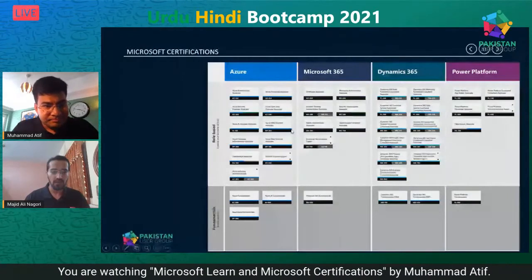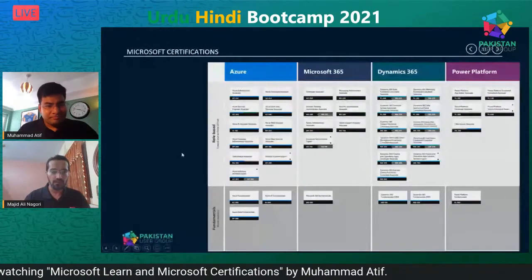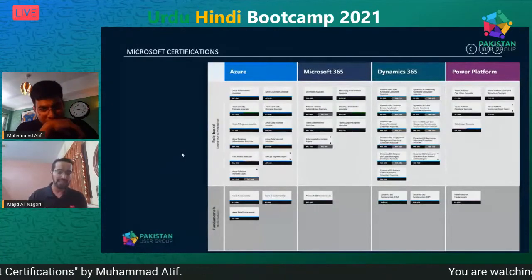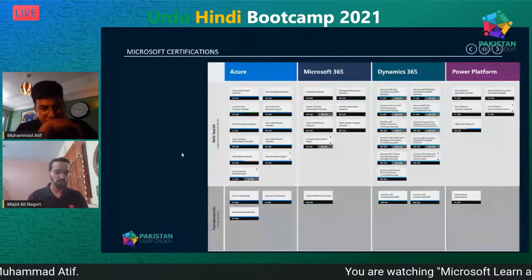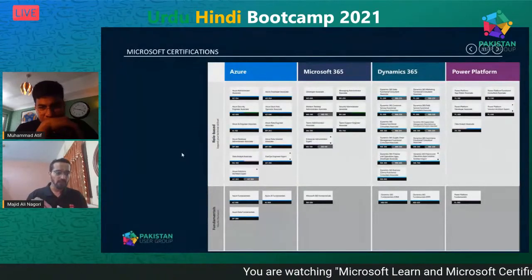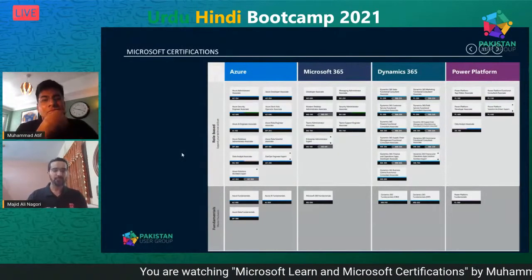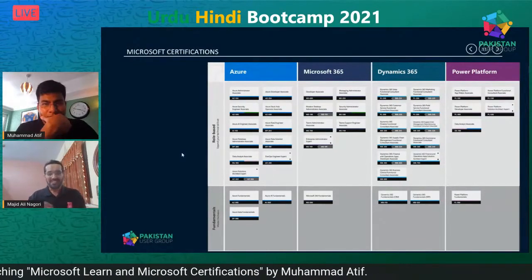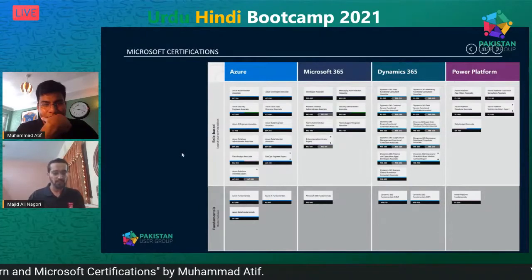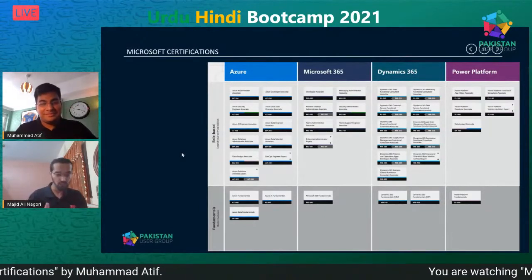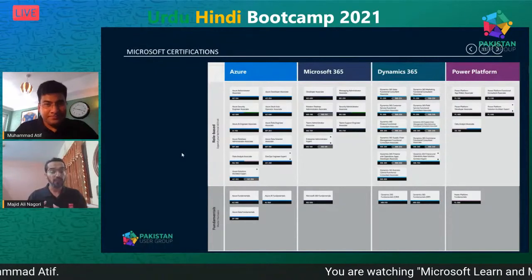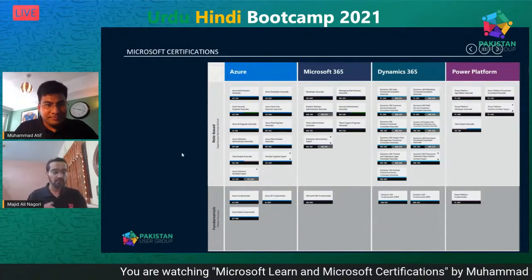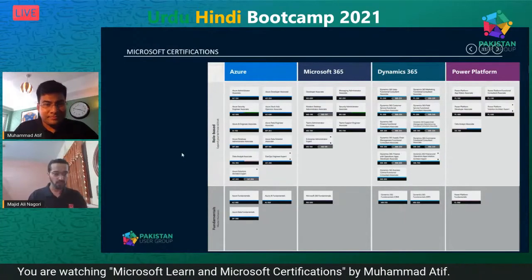But this is how there are certain levels that Microsoft has: MCP, Microsoft Certified Professional, and then after clearing a certain number of certifications in a defined pattern, we get MCSA, Microsoft Certified System Administrator, later changed into Solution Associate. And then if we continue getting certified in the same track, we get the title of MCSE, Microsoft Certified System Engineer,